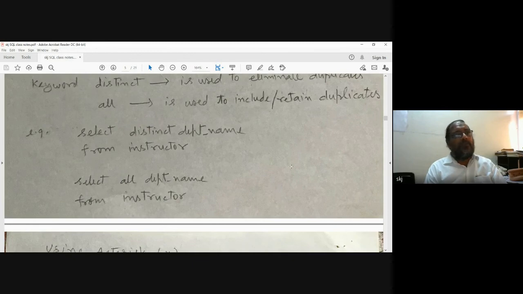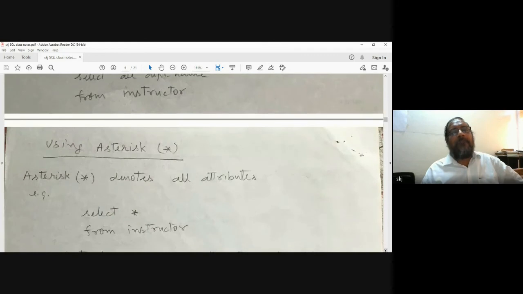Suppose the computer department is in entries 1 and 3, then the other entries with the computer department will not be there. When we write select all department name, the department name can have multiple appearances, or can be present more than one time.